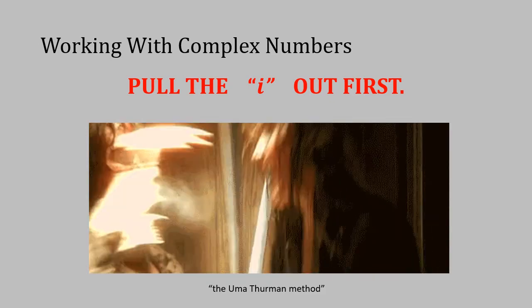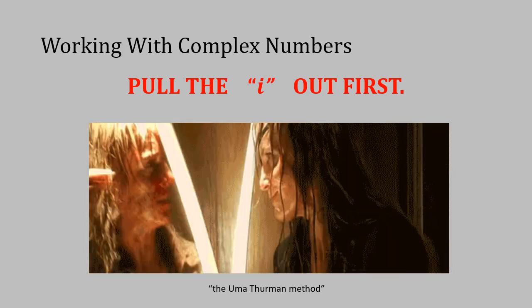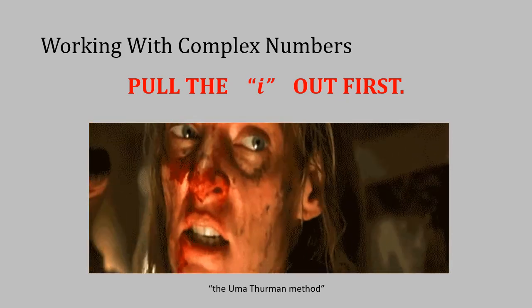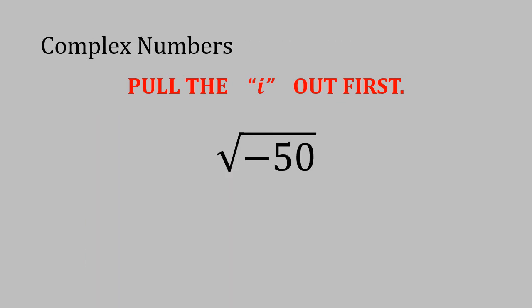So this is a gross GIF, obviously, and it's not actually called the Uma-Thurman method. I just call it that because the key to dealing with complex numbers is to take the i out first. Let me show you what I mean. So the square root of -50. You can think of this as the square root of -1 times the square root of 50. Well, this is i, so we're going to pull it out and write this as the square root of 50